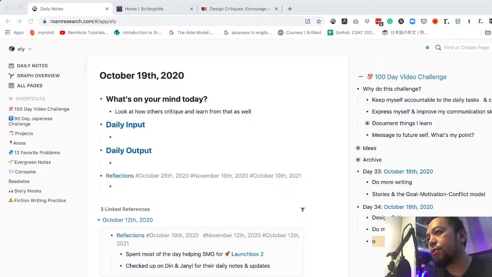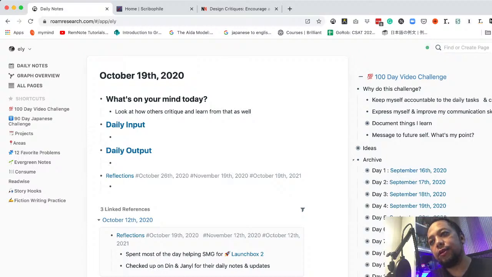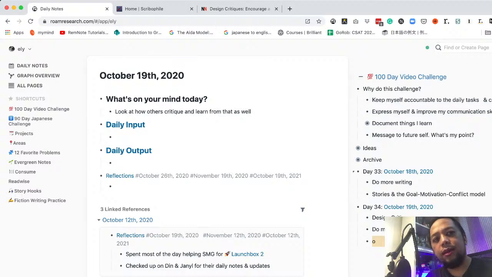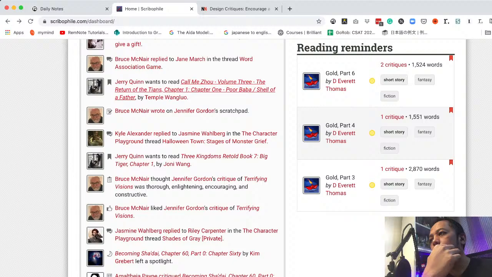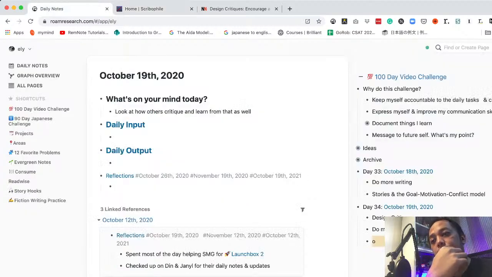I'm looking at how to do design critiques. In the past few days over the weekend break, I've been studying how to write. Firstly, how to properly write